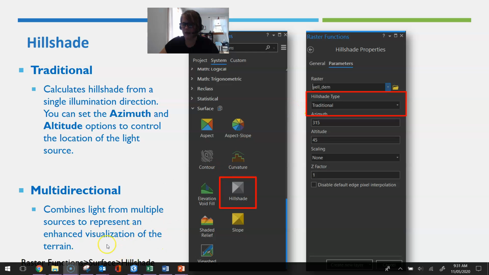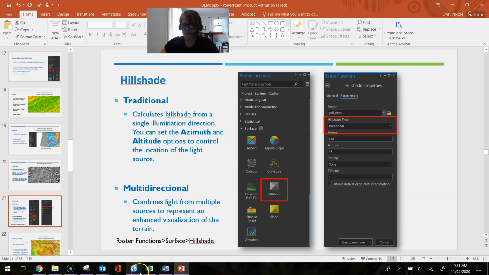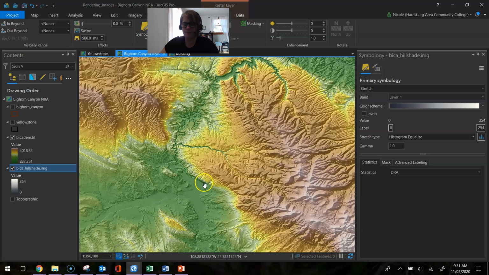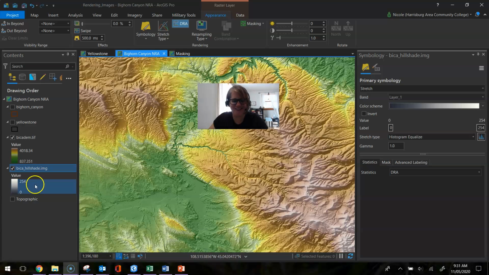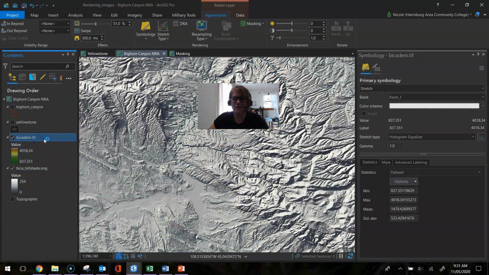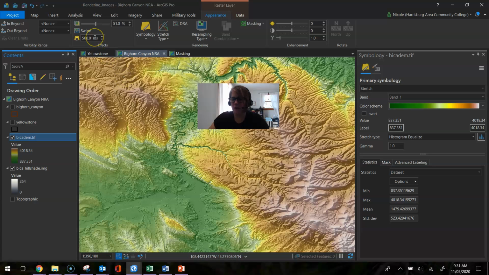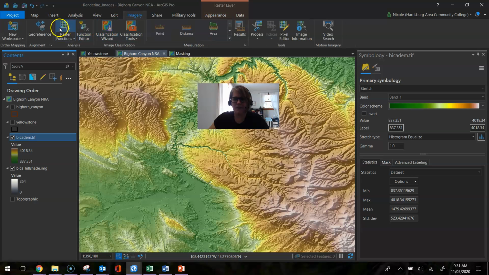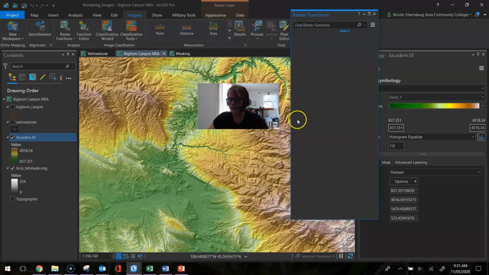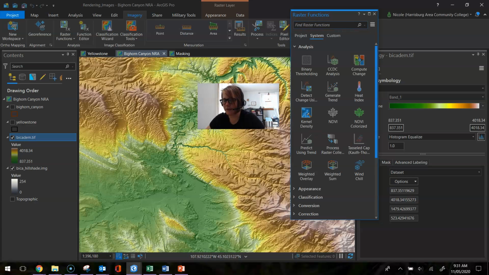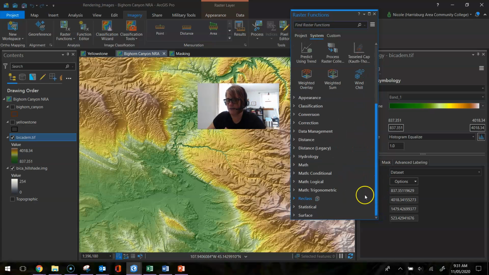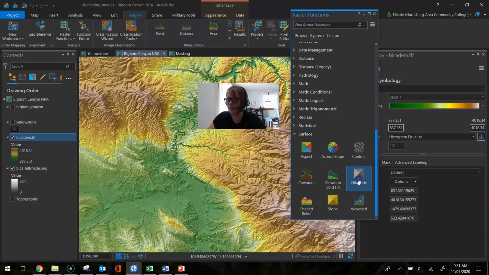And actually we can do that with our example here. So I'm going to come back to this one, and I probably should have done the comparison before I did all the stretching on the initial hillshade. But if I want to do the multi-directional hillshade, you would access that by going to your imagery, and then go to raster functions, and then your raster functions come up. This is an area that we go over in more detail in the remote sensing class, so you'll see a lot more about this then. But there's a number of surface tools available here. If I go to hillshade,